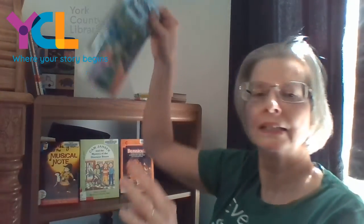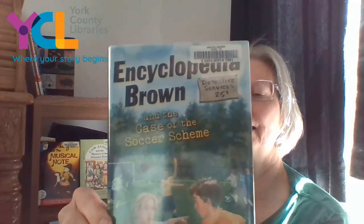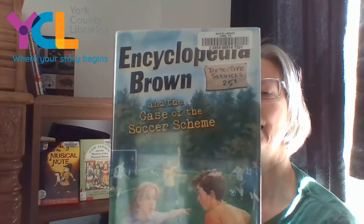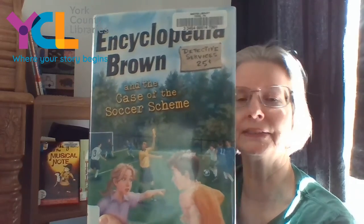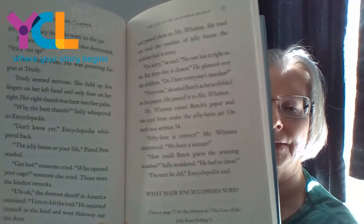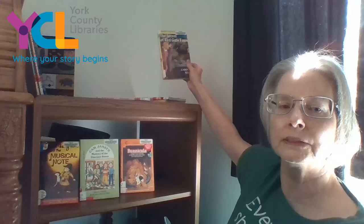And the Encyclopedia Brown series. Encyclopedia Brown has a crime in each of the books that he is in. He's a 5th grader. He enjoys sports as well as other things, obviously, from this one. He likes to collect the clues, and then you get to help find out who did it. So, again, if you take a look at the print, the reading level on this is a little easier than the ones that you would have found in the Nancy Drew books, but